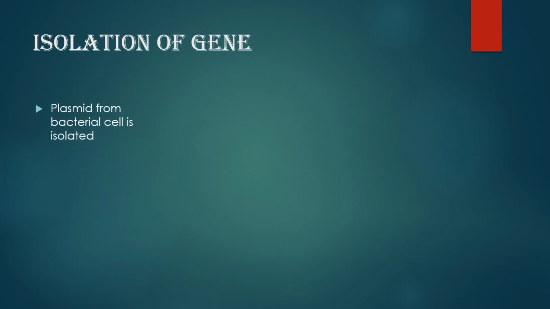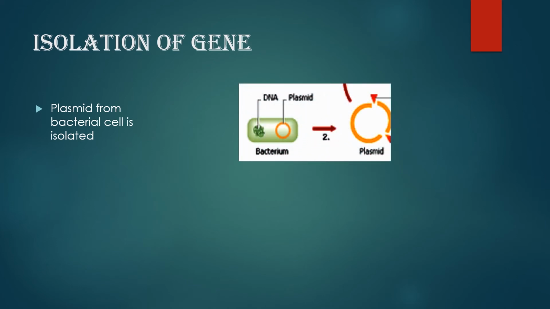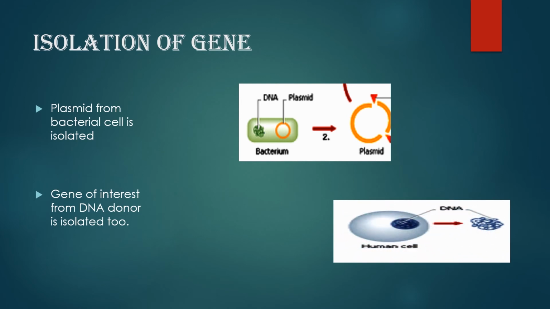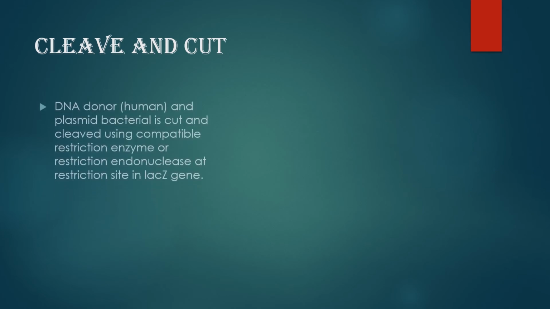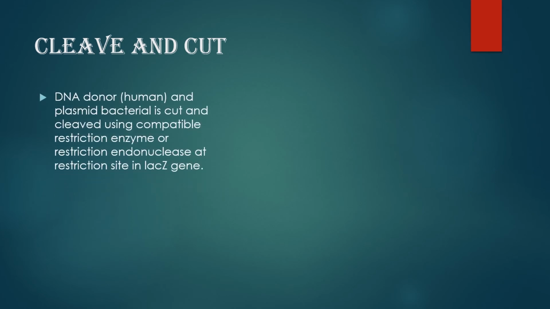Isolation of gene. Plasmid from bacterial cell is isolated. Gene of interest from DNA donor is isolated too. Cleave and cut. DNA donor and bacterial plasmid are cut and cleaved using a compatible restriction enzyme or restriction endonuclease at the restriction site in the lacZ gene,